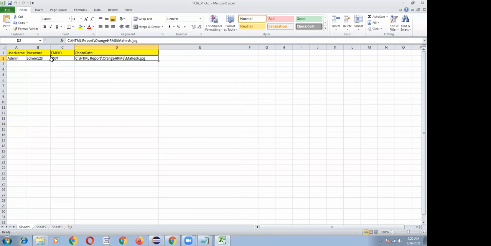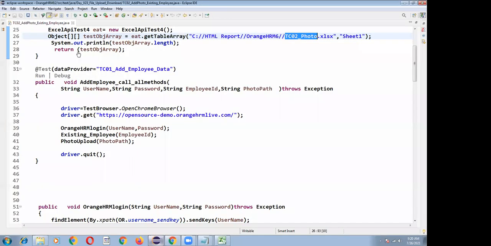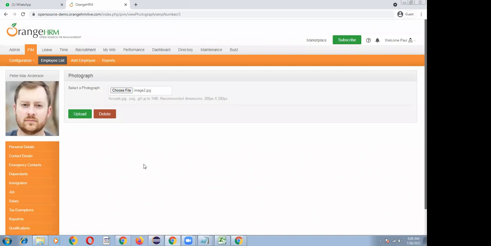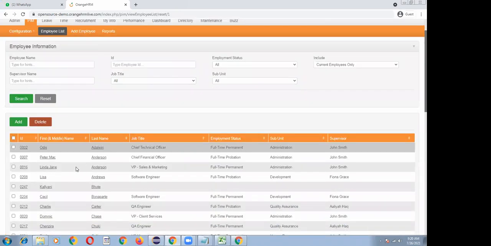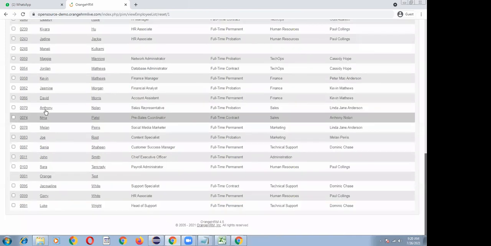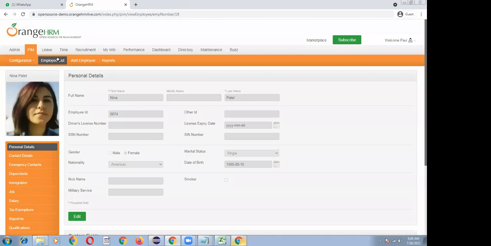So employee ID 0074. First of all, I have to ensure that employee ID 0074 is there or not here. Yes, it is there. So for this employee 0074, I want to upload my photo. This is the photo I want to upload.